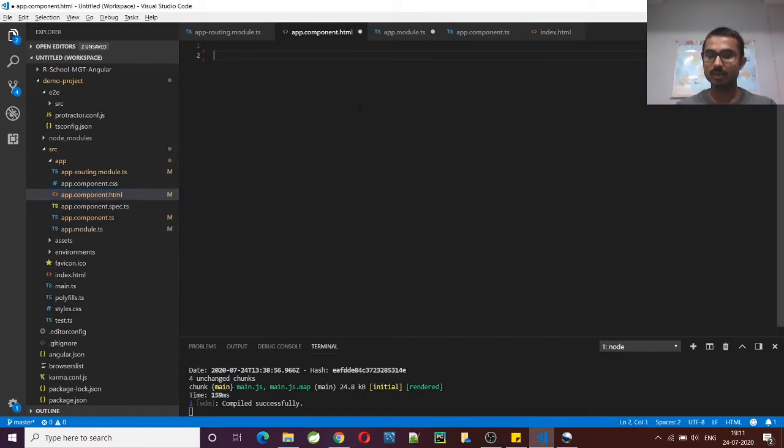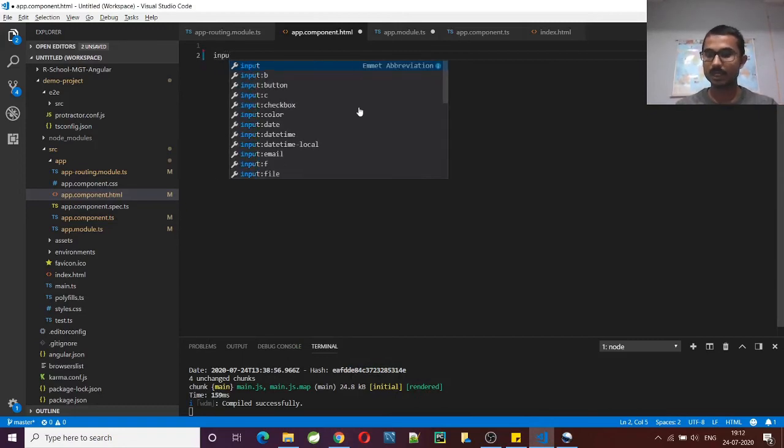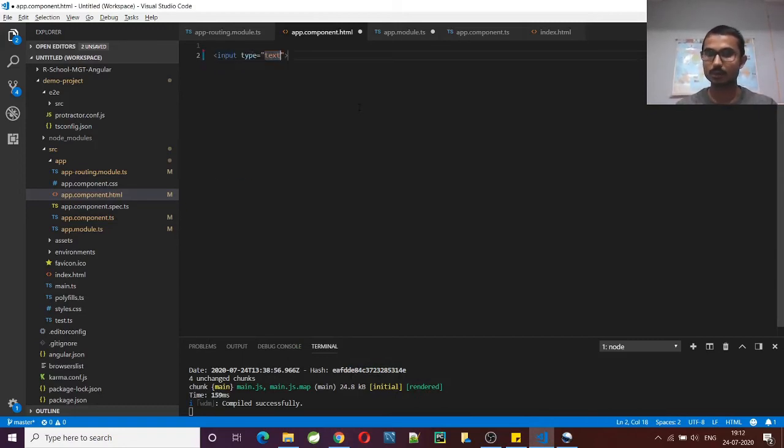Here I'll create one input element that will take a value from the user, and here I'll use banana inside box. This is the syntax which you use for two-way binding. Inside that we use ngModel. ngModel will be used for two-way binding, and the syntax is like this.